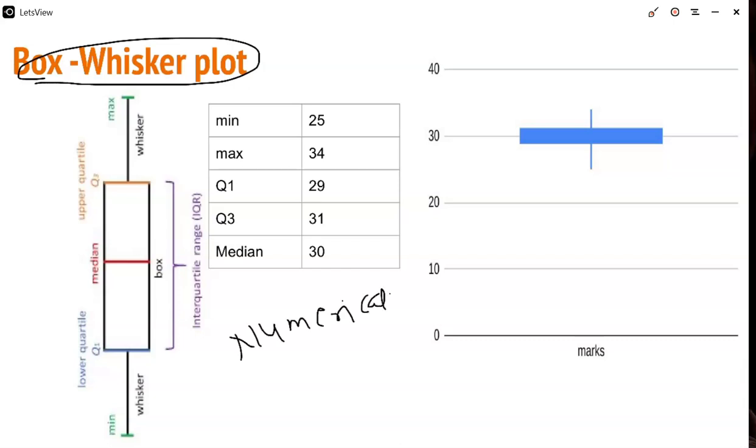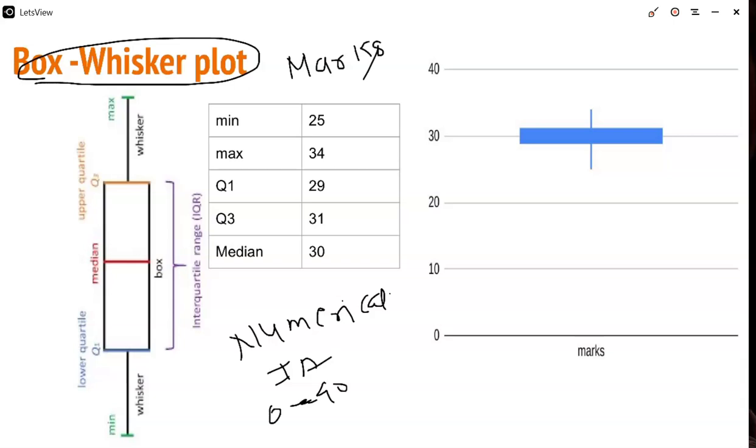Now, the variable that I am studying, for which I am plotting the box whisker plot, is the mark score by the students in my previous year machine learning course. In the previous year machine learning course, for the internal assessment or IA, the marks are in the range between 0 and 40.